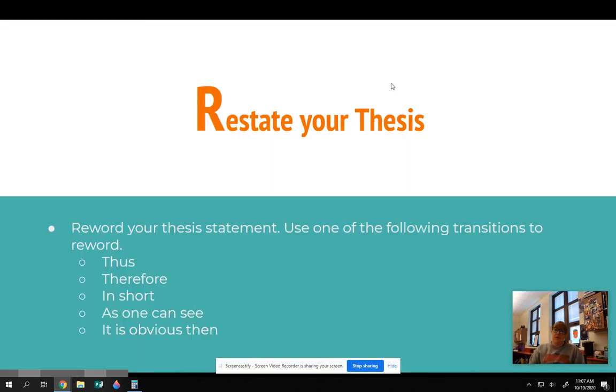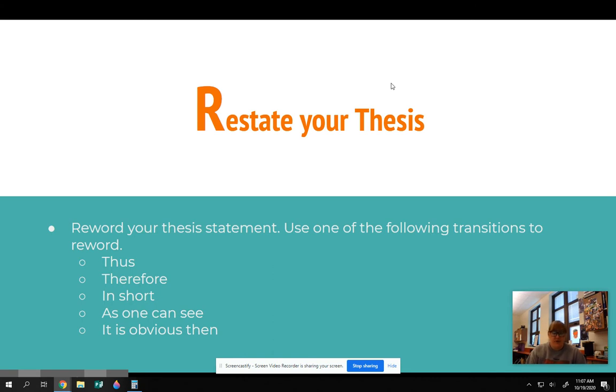So the first thing we want to do is restate our thesis. Okay, so it needs to be reworded. We can't just copy and paste our thesis statement from our introduction into our conclusion. When we rewrite this, we want to use some kind of transition to let our reader know that we're looking at all of that information from those previous paragraphs, and we're going to conclude them and package everything up right here at the end for them. So some things that you could use are thus, therefore, in short, as one can see, or